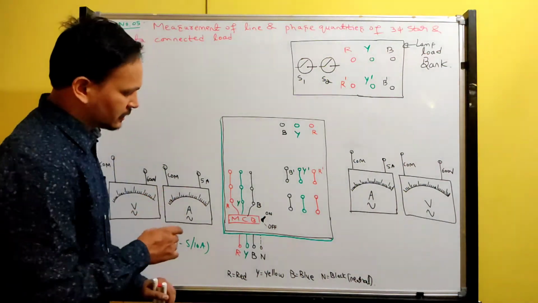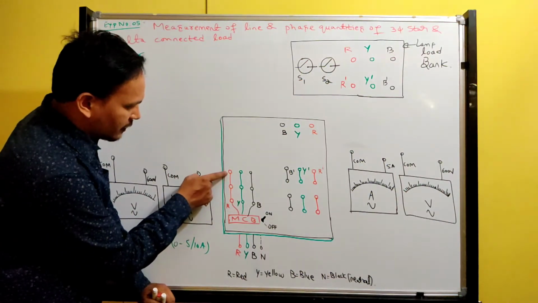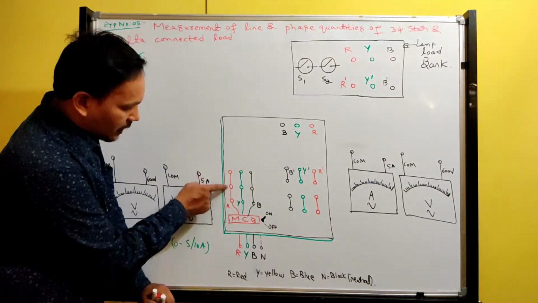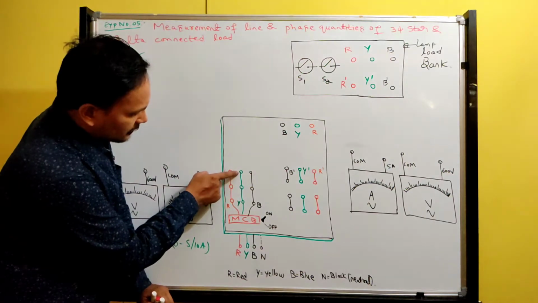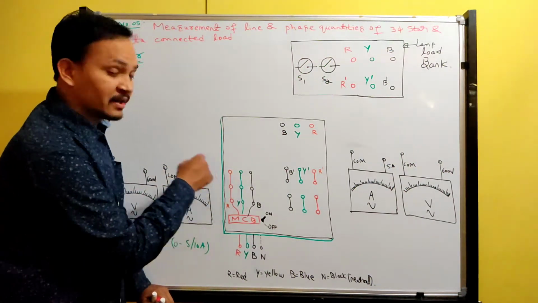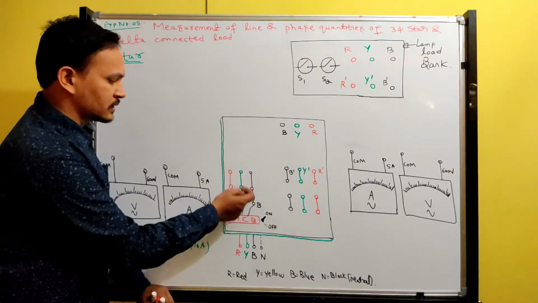See, in our test kit, there will be starting 3 terminals. Okay, 1, 2, 3. All are internally connected. Means all these are R only. Okay, R phase supply. Okay, and another 3 terminals are shorted internally with a silver strip. Okay, silver or copper strip. They are going to short all these 3 terminals.